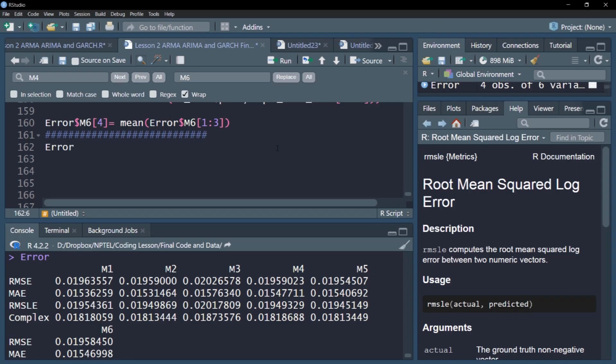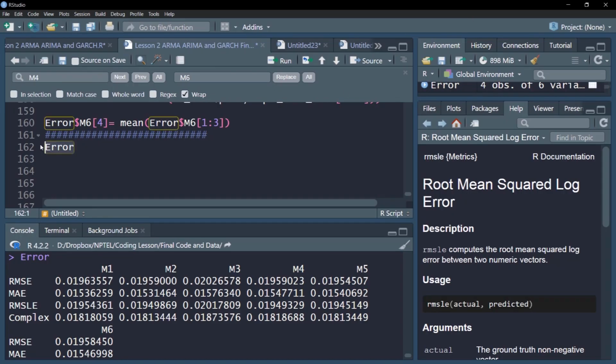So in this video, we computed our error object to fill the performance error of all the 6 models on RMSE, MAE, RMSLE error, and we also created one complex error object, which is nothing but a simple average of all the objects. One can create a complex error object with a much more complex function of the errors computed. In the next video, we'll compare the models and their performances across these error objects.